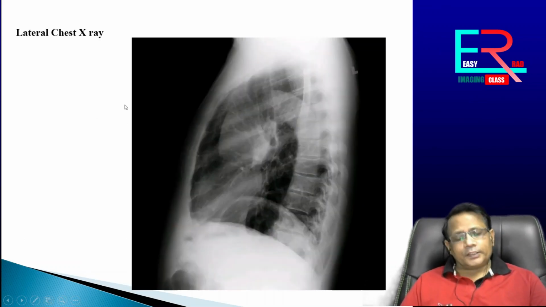Here on the lateral chest X-ray, you may find the ascending aorta, arch of aorta, descending aorta, the shadow of this aorta. You may see the scapulae, the shadow of the scapulae. These are all the hilar structures. This is the column of the trachea. These are the right and left domes of the diaphragm. Usually you will find the right dome is continuous and ends at the anterior chest wall, but the left dome of the diaphragm usually merges with the cardiac shadow.